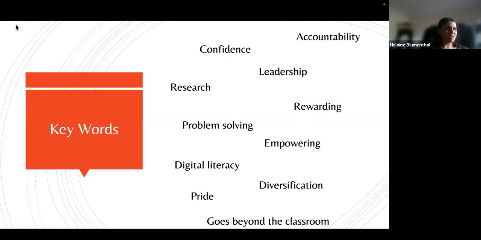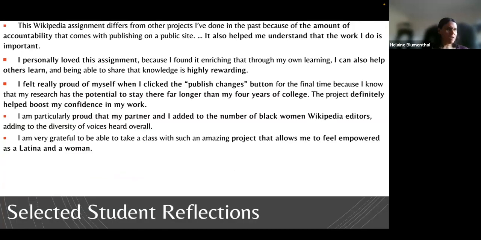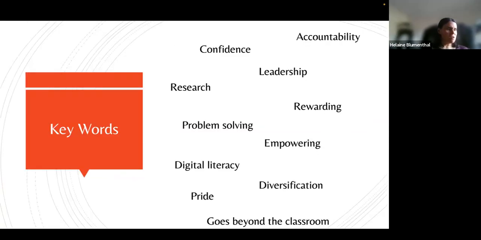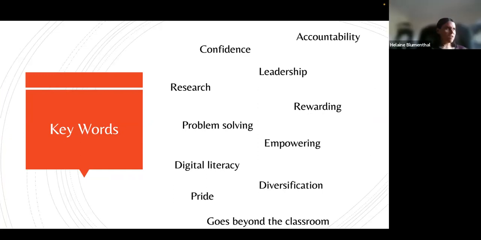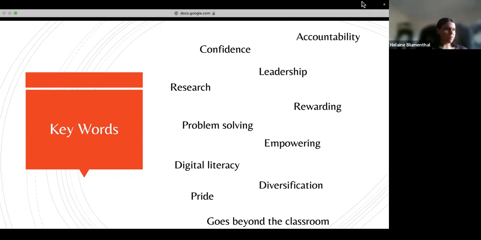Thank you, Kate. I loved hearing those reflections from your students. So thank you for sharing that. And I think that really captures, from our perspective, what the value of this project is. Alyssa or Natchee, do you have anything to add before we move on? Any responses to Kate or anything to add? Nope. Okay, awesome. Well, then let's move along here. Natchee, the next question is for you to take the lead.